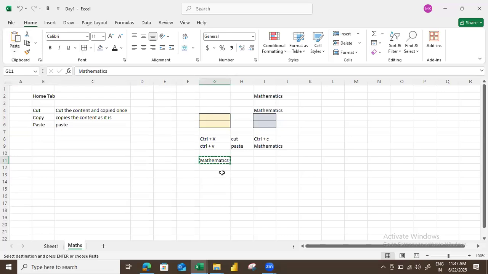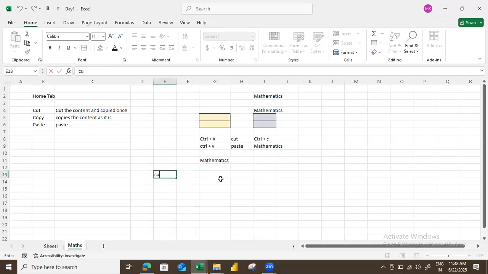Now, an additional functionality. When you do a Control X, suppose I did Control X, cut. In my paste option, here it is only giving me one option. See, there is only one option here. There is no option of paste special, it is degraded. So the concept of this is, whenever you cut the data,